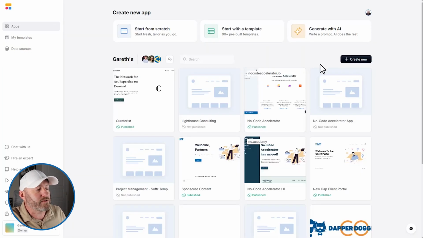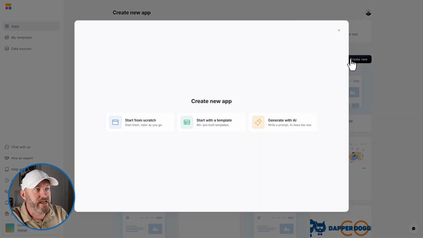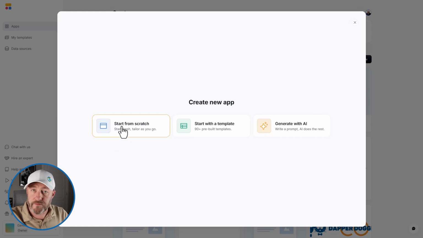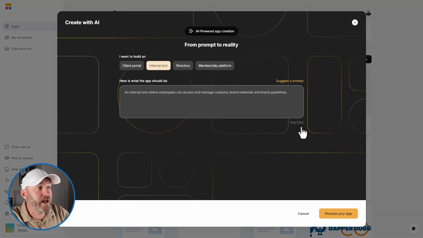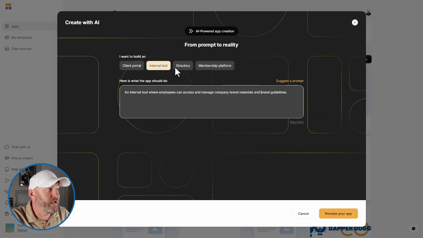The first thing it's going to ask when we're building a new application is, how do we want to get started? Are we starting from scratch? Are we starting from a template? And by the way, Softr has nearly 100 templates. Or are we going to start with AI? I actually like AI a lot as a first place to start here, and we can say exactly what we're doing. So we might say, hey, we're making an internal tool,